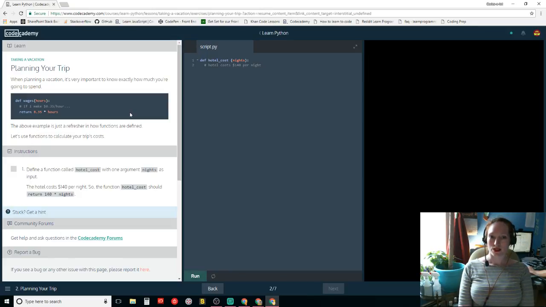Okay. So the function should return $140. Oh, we could figure that out, but that's not what it's asking for. And in fact, I think we should figure that out. It would be like 140 divided by 8.35.